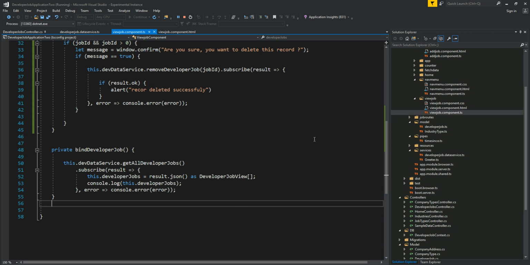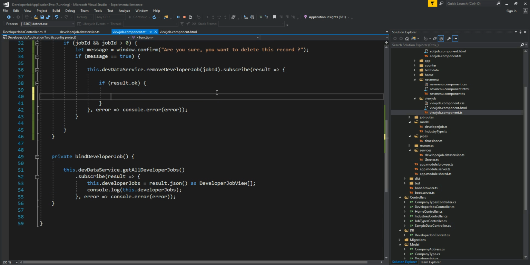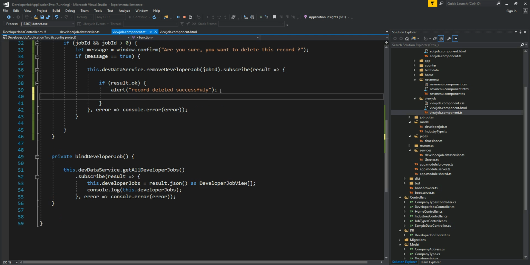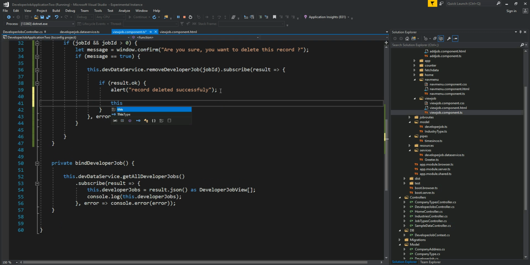All we have to do here is, instead of displaying this message here, we can leave this method here, record deleted successfully. However, we also want to call this private method, this.bindDeveloperJob, again, because we want to fetch the new records after deletion of the previous one. So if I do this now,